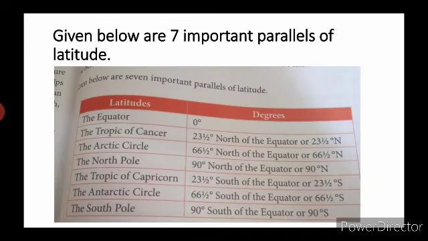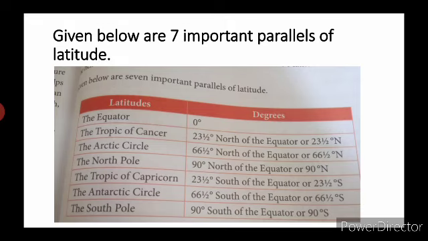Now, given below are 7 important parallels of latitude. See here in this figure we are going to learn about these parallels and their degrees. The Equator is 0 degree.